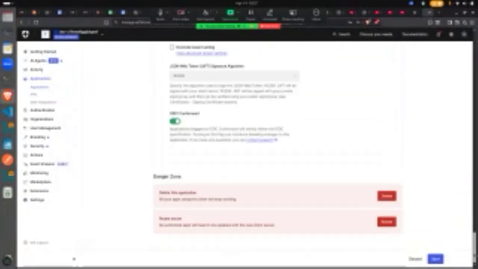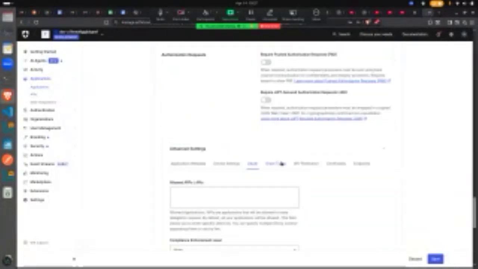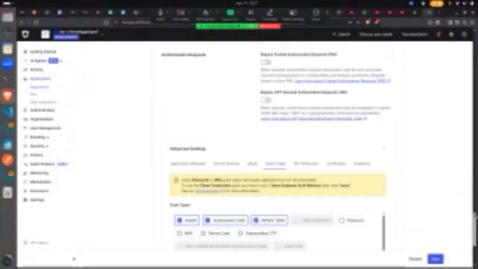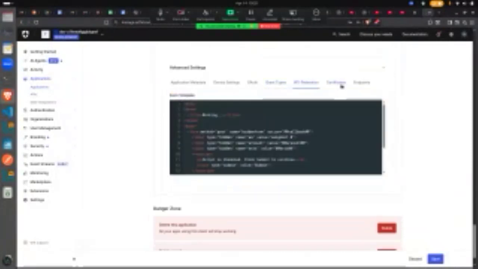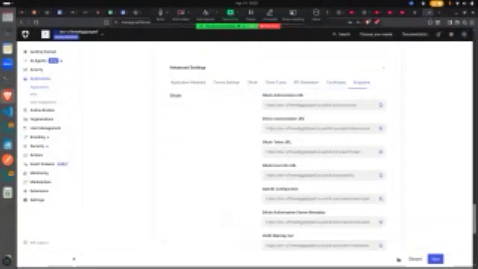See, the OIDC configuration and the grant types, everything is there. I can check more things here. WS-Federation certificates and endpoints. And yeah,